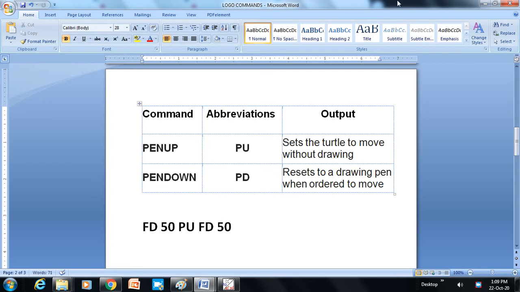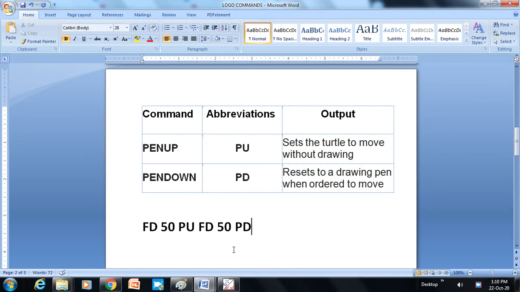With the PU command the turtle will move, but it will not draw anything. Now again I give the command PD. So this set of commands we will use to create that type of shape.